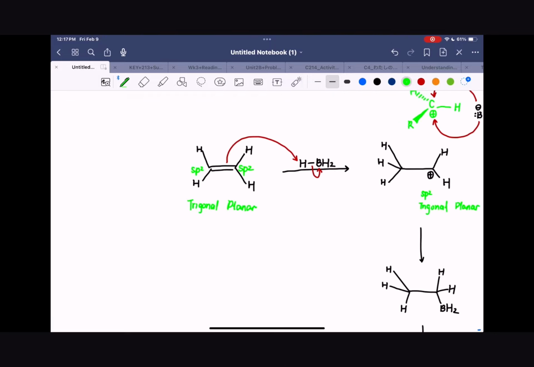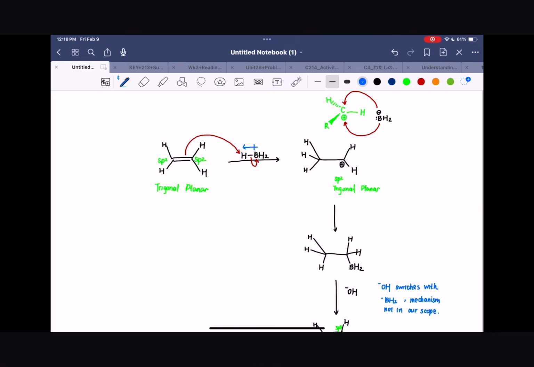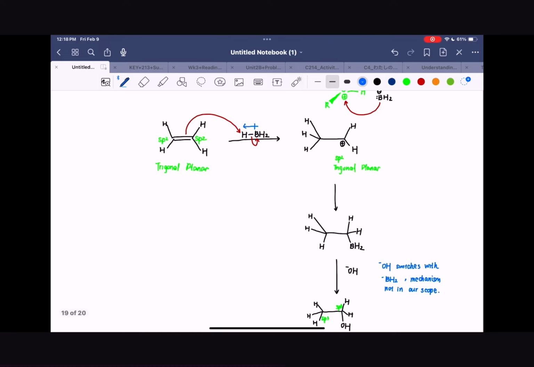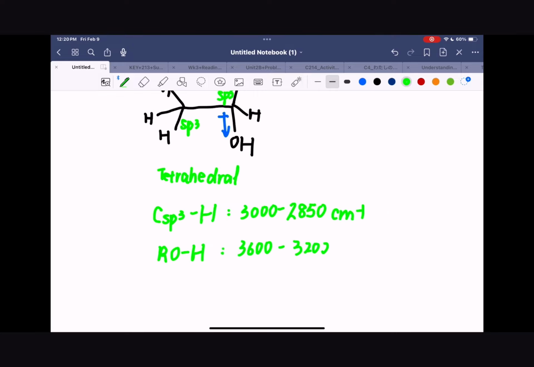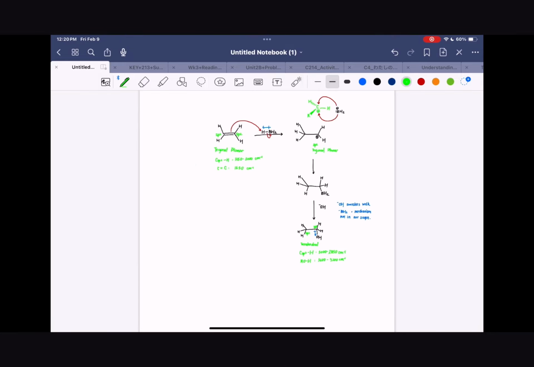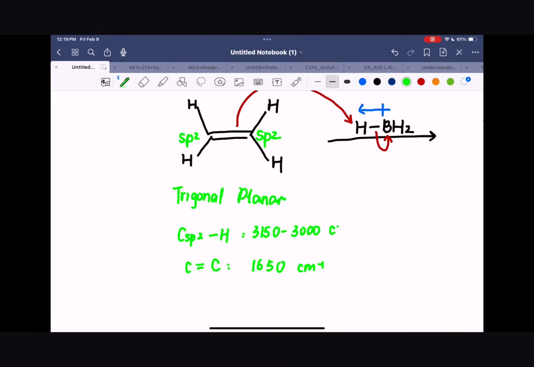I would also like to talk about regioselectivity in this reaction. Not this one specifically because we have a symmetrical alkene, but boron will bond to the less substituted carbon, anti-Markovnikov, and this is due to electronics and sterics. Right now we're showing you the IR spectra of both. We have an OH peak in the last, and we have a C=C in the other.